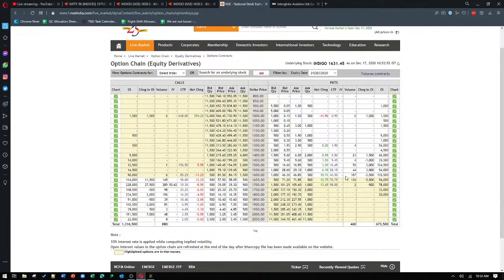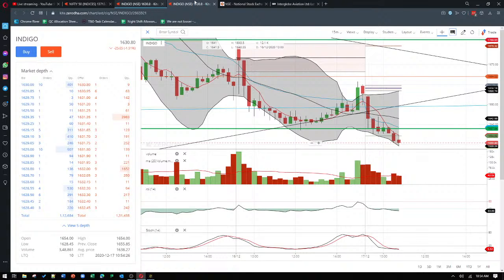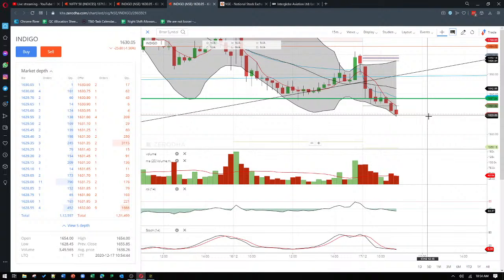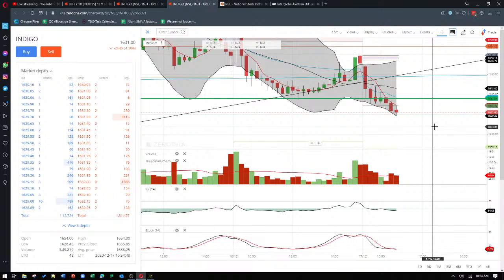So see, now the current change is 10 rupees. People are buying so much here at the 1600. That confirms that the current price will have a potential to rally till 1600. Please note, I'm not saying that it has a potential to reach 1600 today, because option contracts will be open till the expiry, right? And today is a Bank Nifty expiry day, it's a Thursday. It may not have an impact here, but